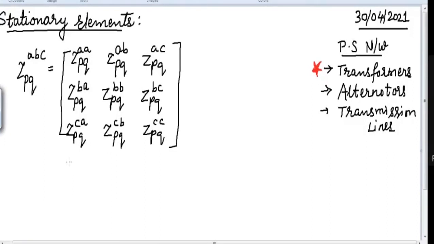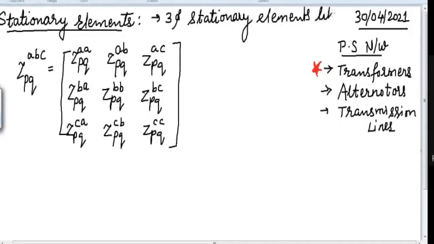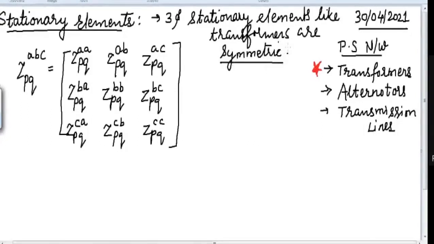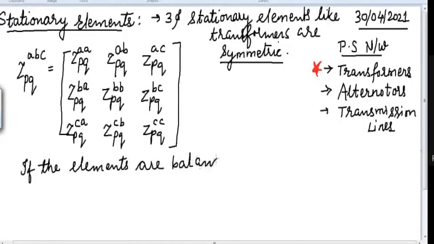So what I am writing here is, when I consider the three-phase stationary network elements, I will write here, three-phase stationary elements like transformers are symmetric. This is the most important word which I have written here, symmetric. Now, if the elements are balanced, then the diagonal